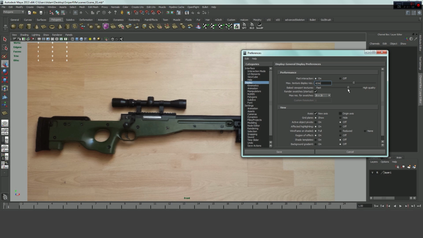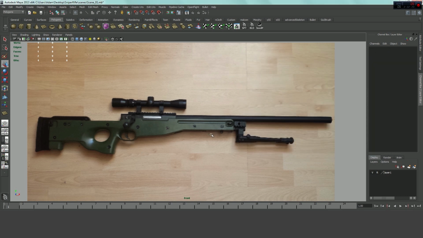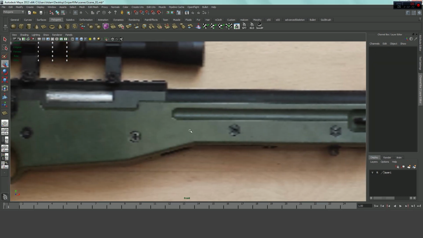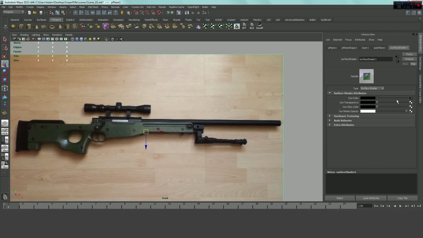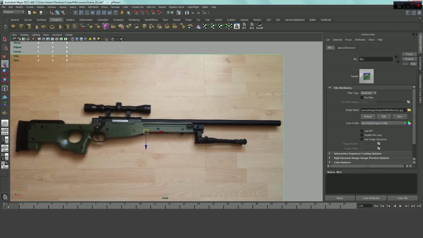Now by default, I believe this is set way lower. And if I set it up higher, it kind of ticks along. If I set it up higher, I can get a higher quality. So I'll hit save there. But you want it kind of high, and then you may have to actually reload your texture on the plane. So you just go back to your texture in the attribute editor here, and you hit reload,